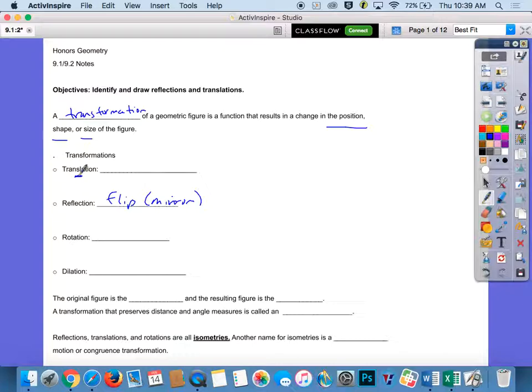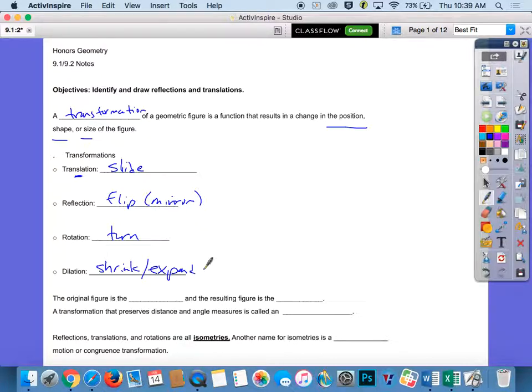A translation is the second thing we're going to talk about today. And a translation is the slide. And I told you guys to remember it like SL for slide. We'll talk about a rotation in the next lesson. And we'll talk about a dilation in the next lesson. Okay, so of course your rotation is going to be a turn, and your dilation, we talked about our scale factors with our dilation, so this is going to be pretty repetitive from what you've seen before, and it shrinks